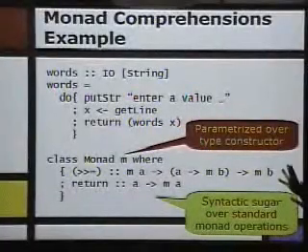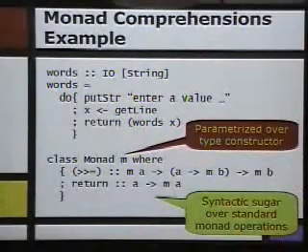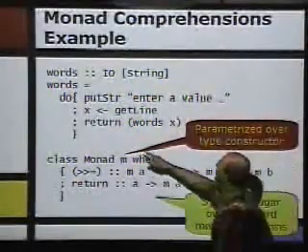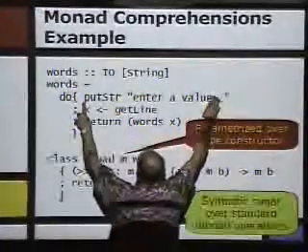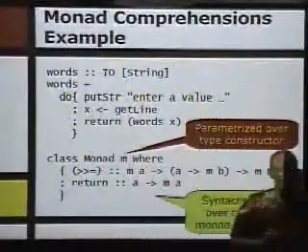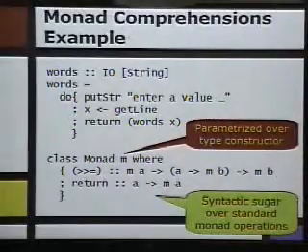So in Haskell, which is completely pure, here's how you do I/O. If you want to print something on the screen, you do putStr, whatever, and this thing has type IO of unit. So a side-effecting operation returns a collection, which is kind of weird, but it's a very special collection. It's a collection that just says this thing has an effect. So this notion of collection is very, very general.